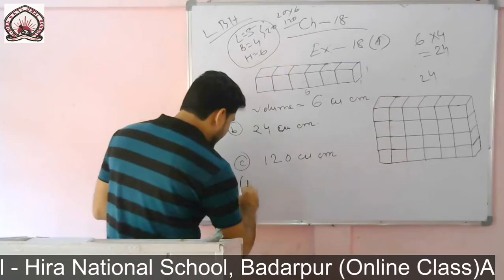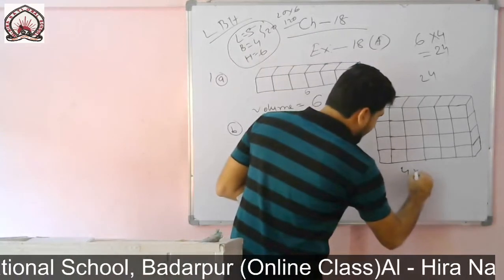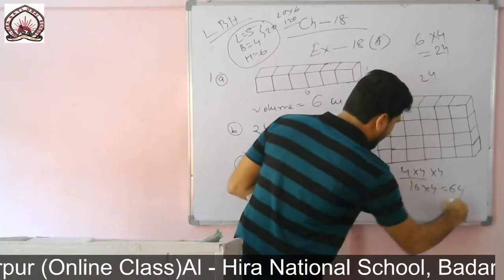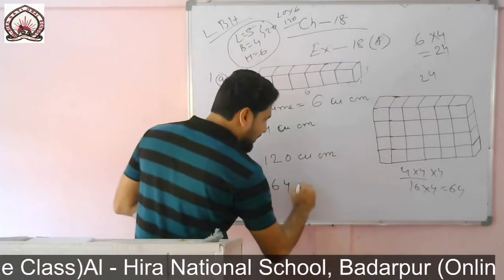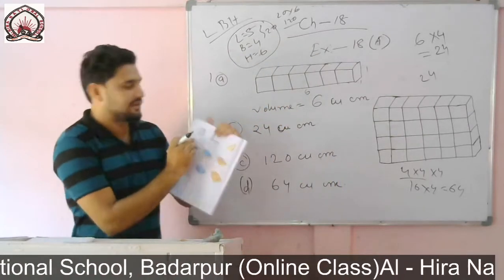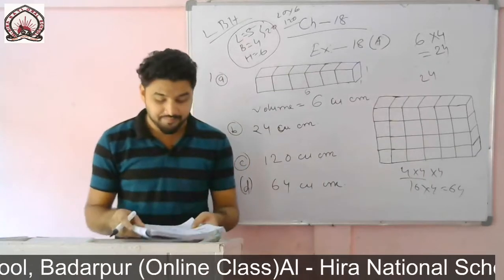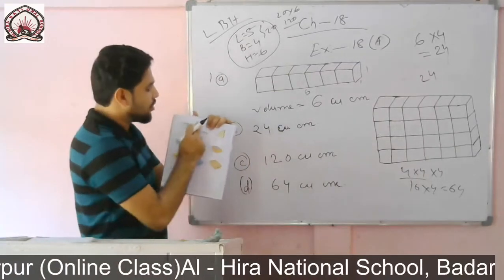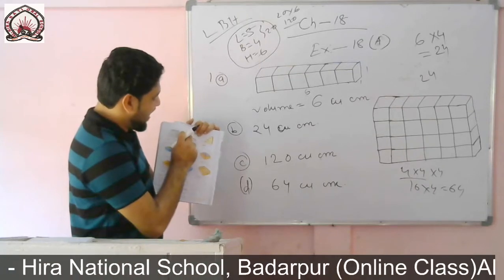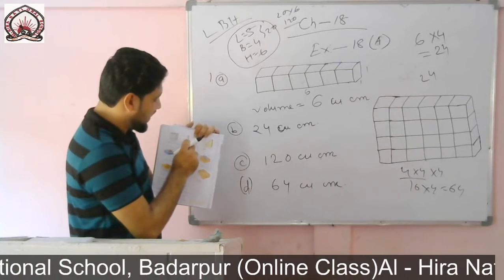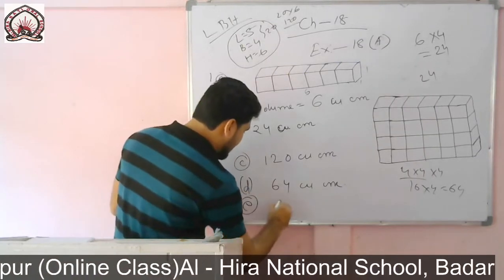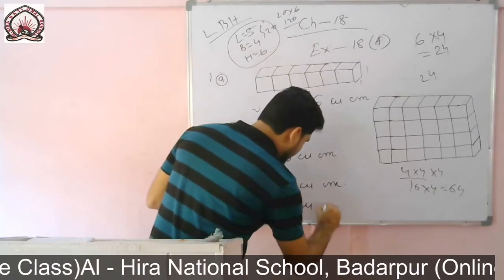Okay. D, if you multiply 4 into 4 into 4, 4 4s are what? 16. 16 into 4, 64. Okay. So write 64 cubic centimeter. Okay. And if we count also, then you will get 64. Okay. Here you see, we can count by our mouse. Okay. Less number of boxes. So count by 1, 2, 3, 4, 5, 6, 7, 8. 8 boxes. So you can write 8 cubic centimeter.